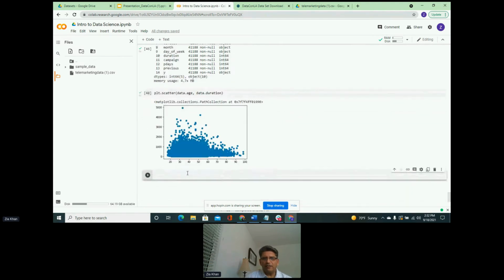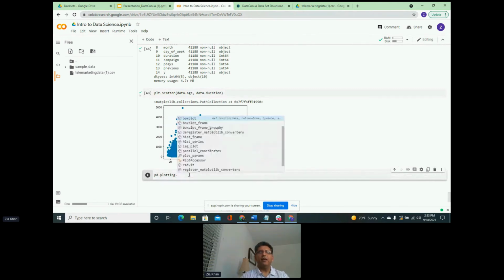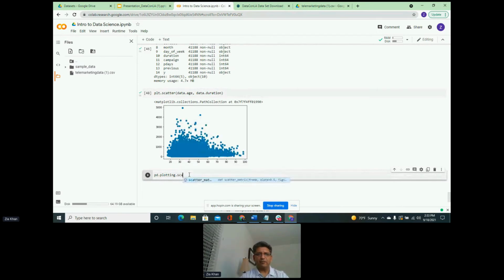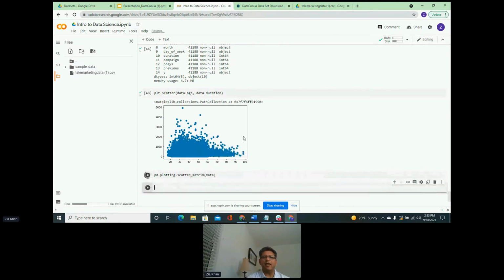All right, one last quick visualization so that you have a little bit of idea. There is something which is called a scatter matrix. What a scatter matrix is, that it actually builds a scatter plot between two features and does it pairwise for your data. So I am actually going to do a scatter matrix. Scatter matrix actually comes from pandas, and it is from pandas plotting. You can actually do a scatter matrix. And in the scatter matrix, you just pass your data, whatever your data is, and it will build a scatter matrix for you.